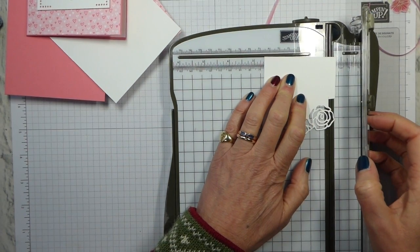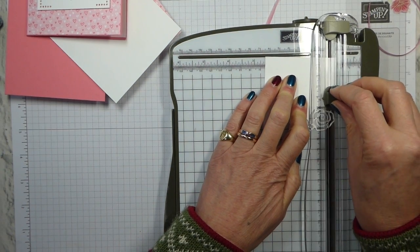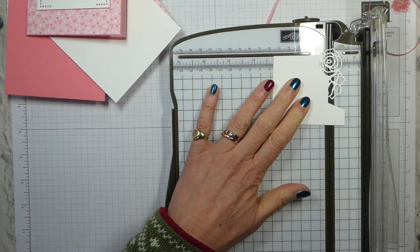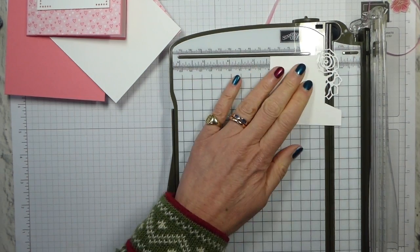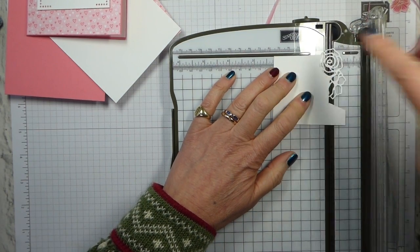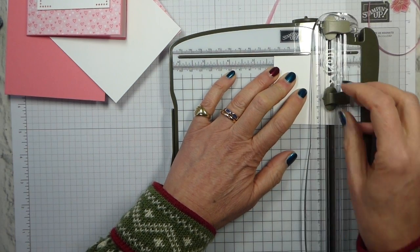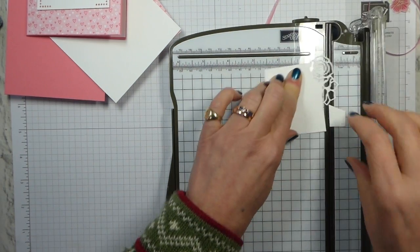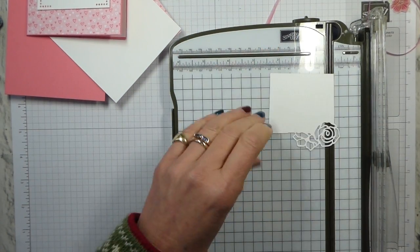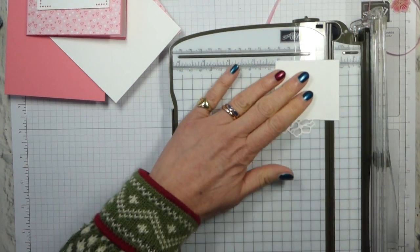Is that square? That looks sort of square, and then you can feel that you're going into the start of the cut. And then here's the trick. Look, it fits in your gap. It fits in that little gap. So now, using your square edge, because this is square, you can come in with your blade, get into that gap and trim. And then if you turn it over, oh no, that was me thinking if you turned it over it would be fine. But that's that one you can do, and then from there on you can just trim down,